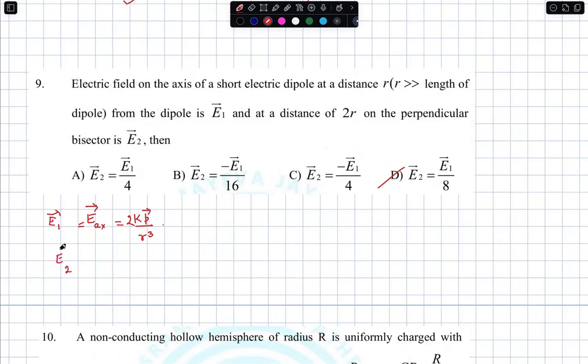So E equatorial is Kp bar by r cube, actually opposite. This is r cube, but at a distance 2r, it is 8r cube. So that's the deal. E2. Then this can be written as